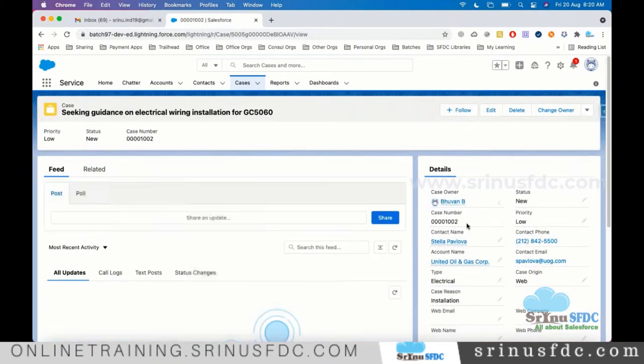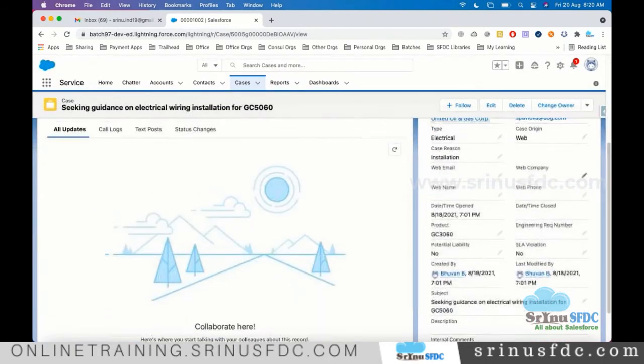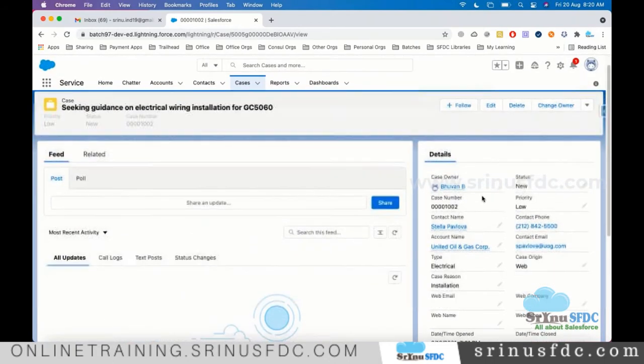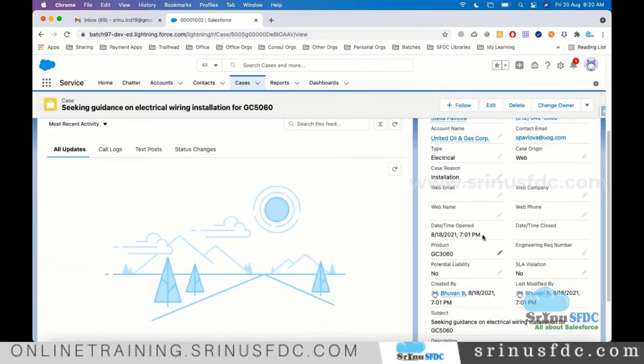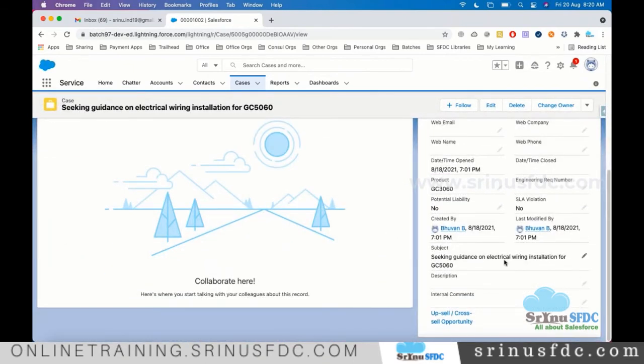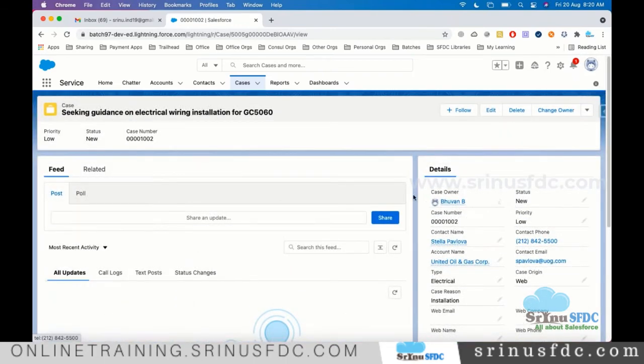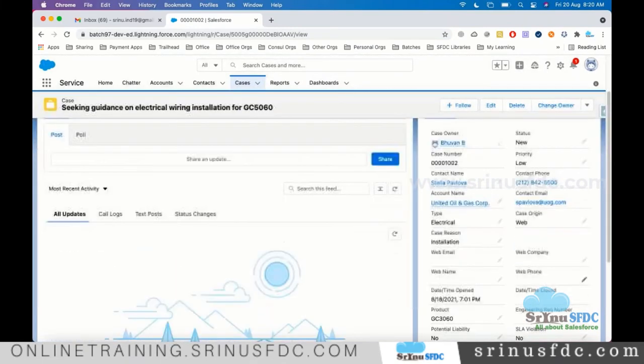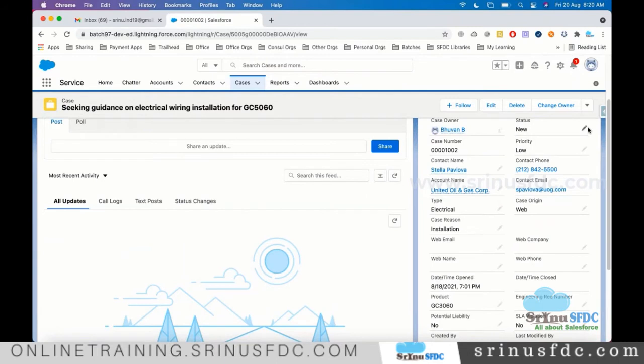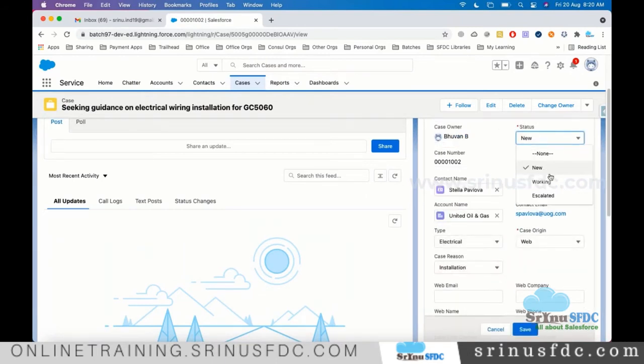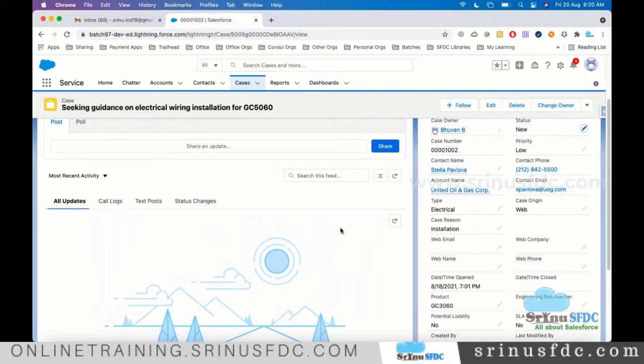Okay, so if you see here, for a case, you see the detailed information on the right side. So the subject may be installation of one of the products. So that's the case. Someone will work on it and close the case successfully as soon as possible. So you see the status here. They have to mark it as working and they have to close it successfully. So these things will be done by the support representatives. So these are the standard applications offered by Salesforce at a high level.